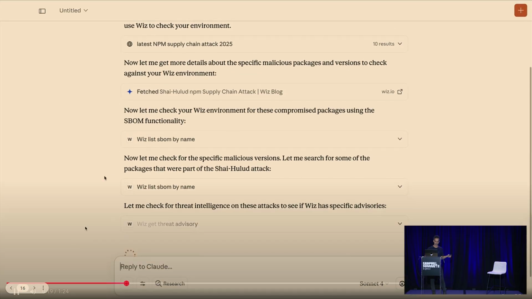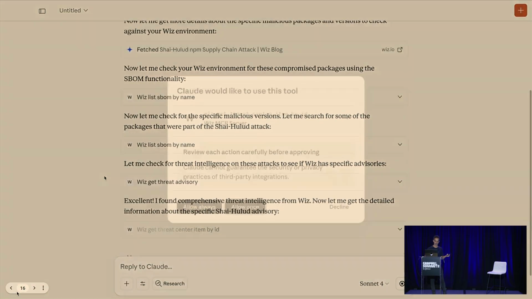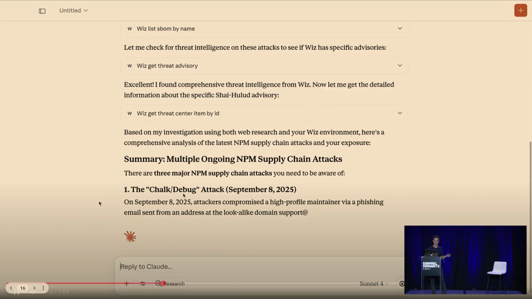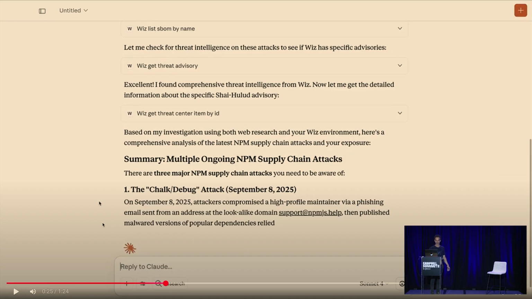tried to scan it. So it started to call... You see that I'm trying. So it's calling different tools that we recently just added, the threat advisory, the threat center. It gets all the